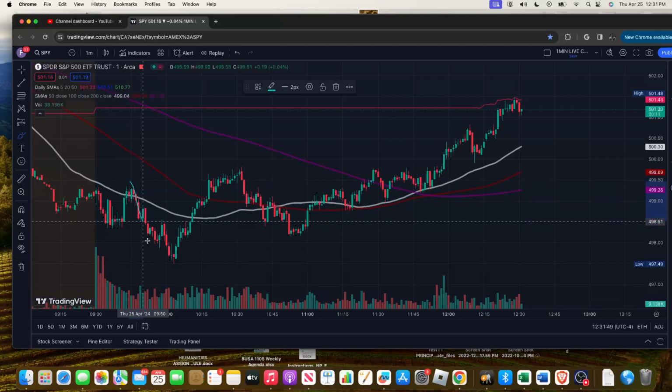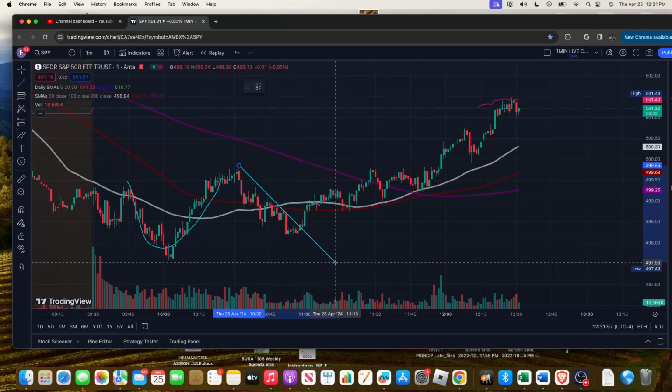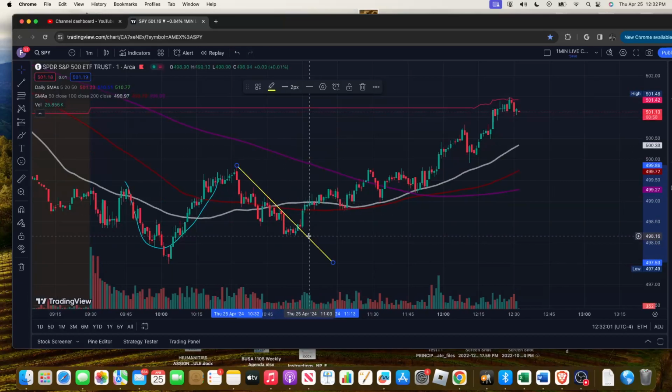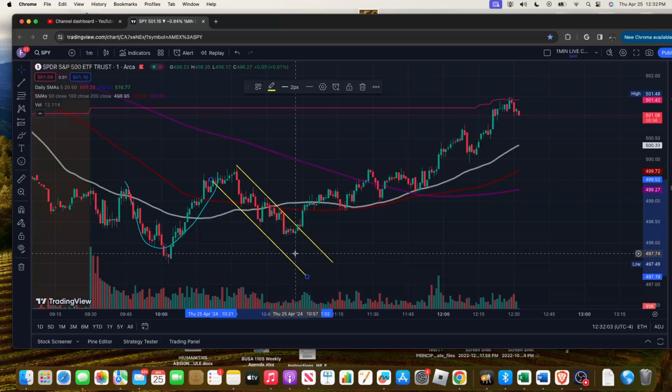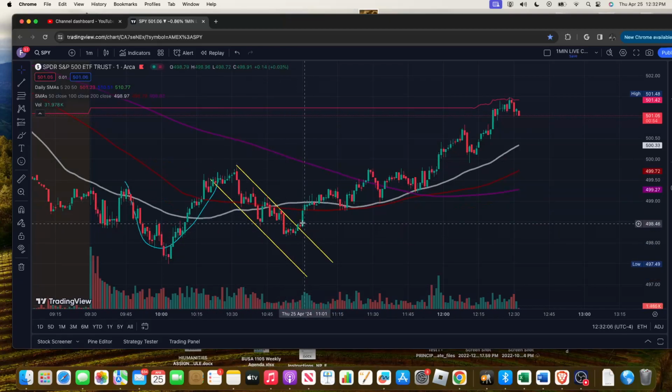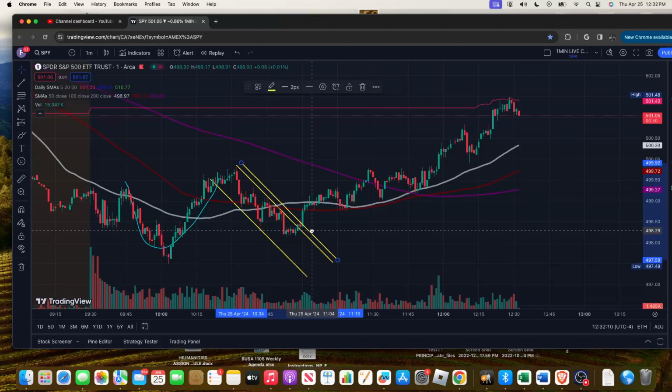So this, a cup formed, right? A cup always forms a handle, right? So I'm gonna show you how to draw this up. So right here, this can be the yellow algo, okay? So this is the handle for the cup, okay? So this cup completed in the handle is right here, and then you can enter at a